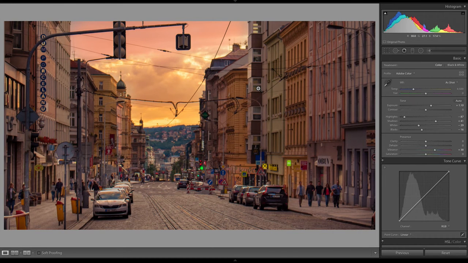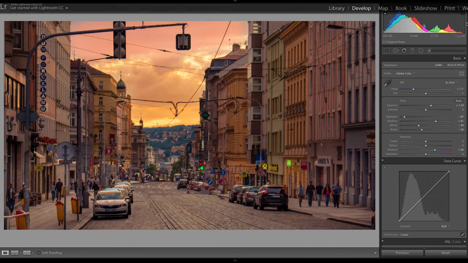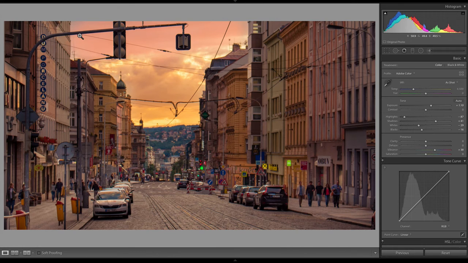Now, I noticed that if I look at this right now while I'm editing, it looks like those clouds are crazy. They look a little bit too edited. My hope, though, is that if someone sees this for the first time, they might think, oh, wow, that's a really beautiful sky. Now, I understand that some people might not think that, so I might go back to my basic settings, drop the vibrance a little bit, or even just drop the overall saturation to tone all of the colors globally that we've added down a little bit.